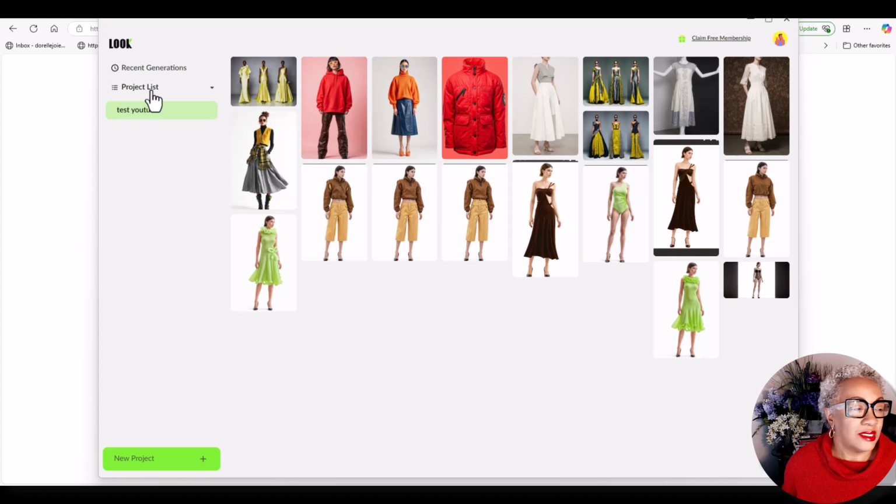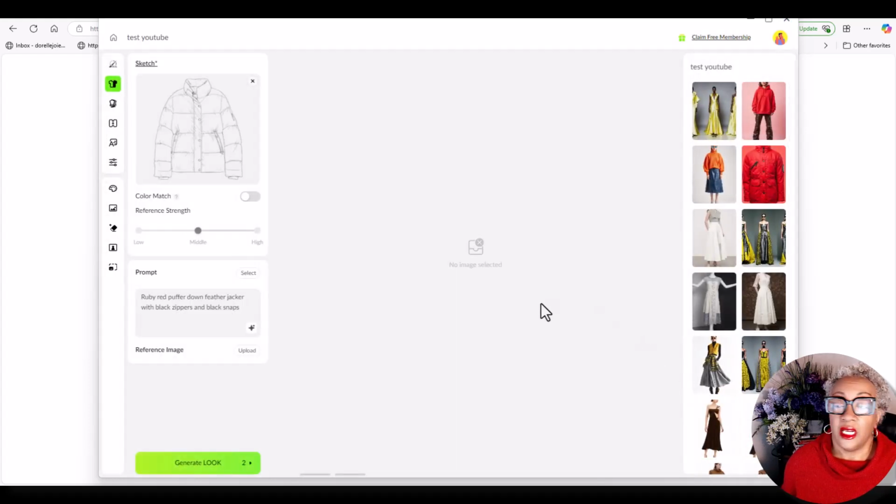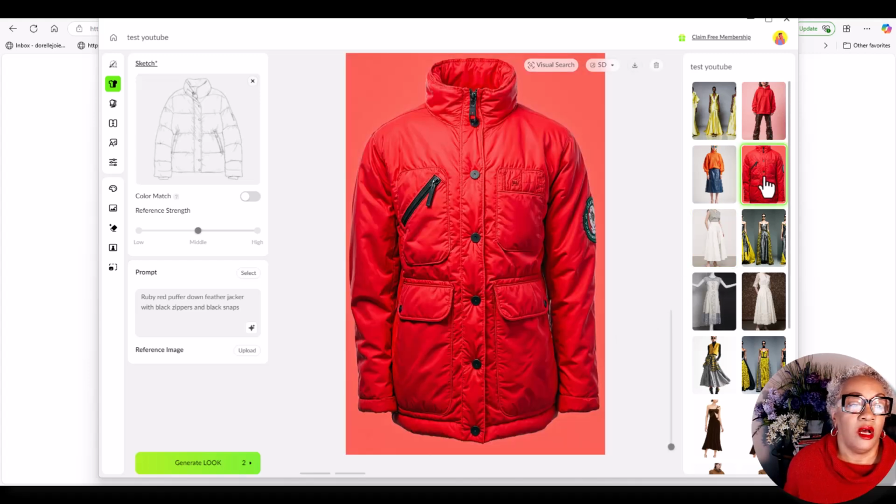Okay, so this is a sidebar. I'm going to go back to this project. Two things that I did not go over with you is how do you download your images, right? So I had this lovely puffer jacket that I did using a prompt. And you have options here for SD, HD, and UHD, which you're only going to get SD if you're in